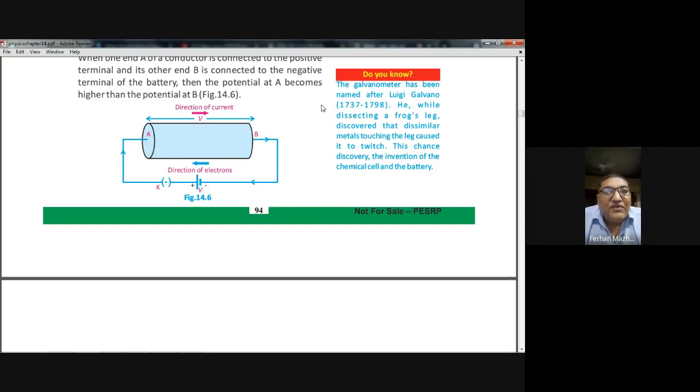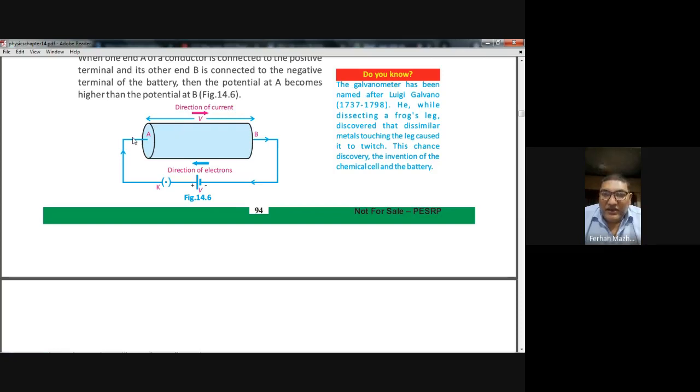In the same way, when the charges will move from a higher potential to a lower potential, they will give out energy, and you can use that energy to do different works. For example, if you put a light there, then that energy will be converted into light. If you put a sound speaker there, then that energy will be converted into sound. So the charges, when they move from higher potential to lower potential, they will give out energy, and you can channel that energy into any form if you put the proper appliance there.